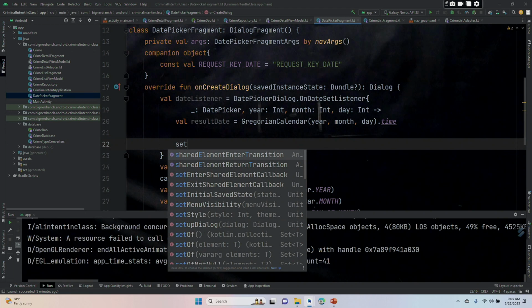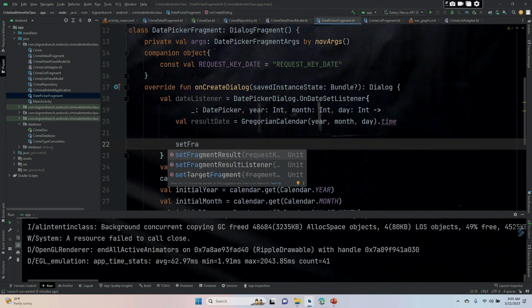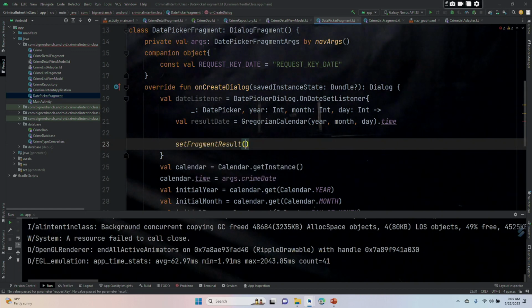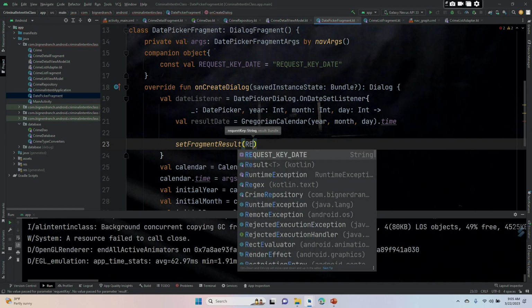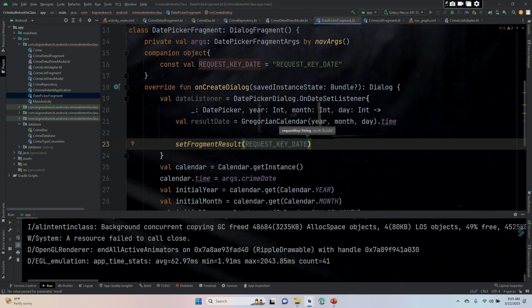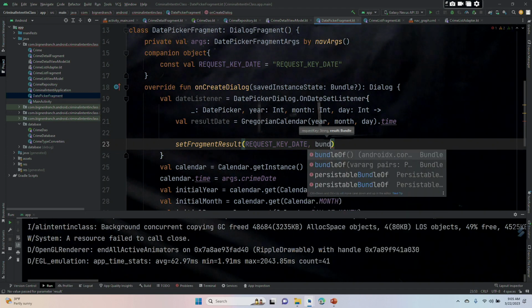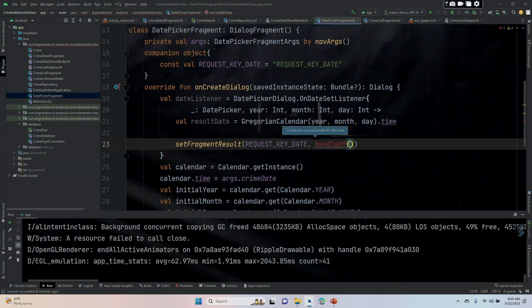Then we use our setFragmentResult with REQUEST_KEY_DATE as our first argument, and for the second, bundleOf, and then inside,